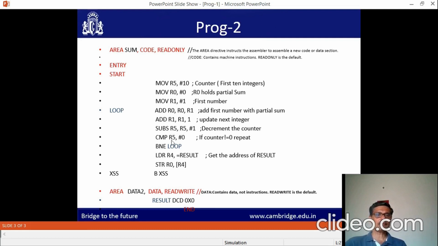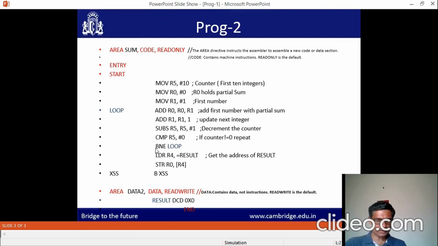Compare whether R5 is 0 or not. If 0, it means we are done with the addition of all the integers. If not 0, we have to continue the loop. So here after the first iteration, R5 is not equal to 0, its value is 9. Here BNE means branch not equal.